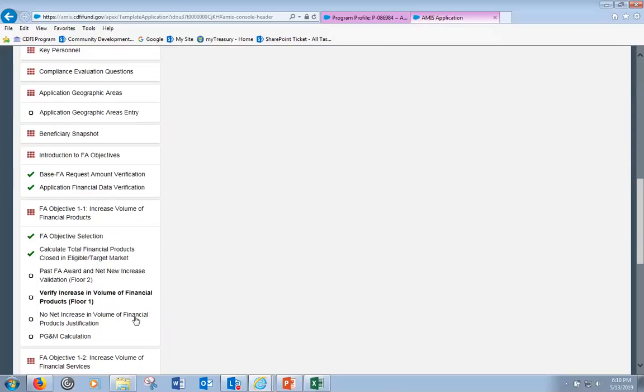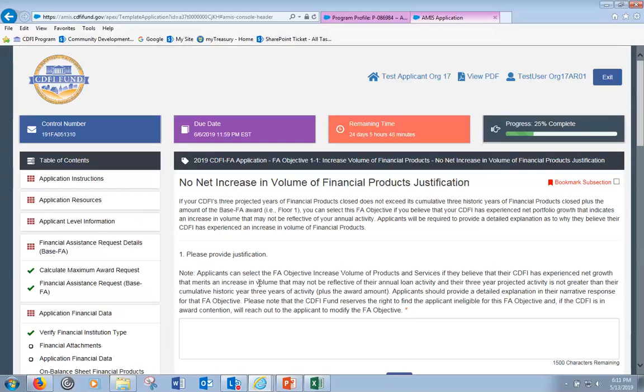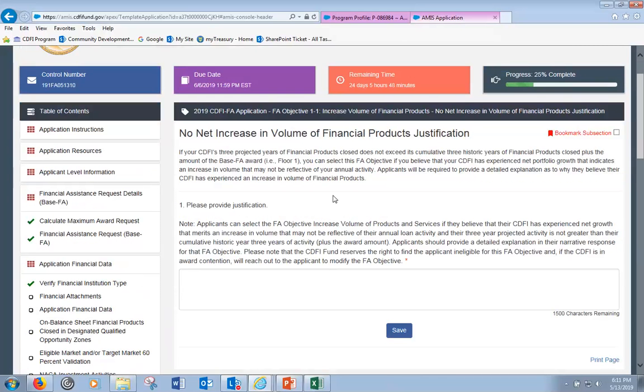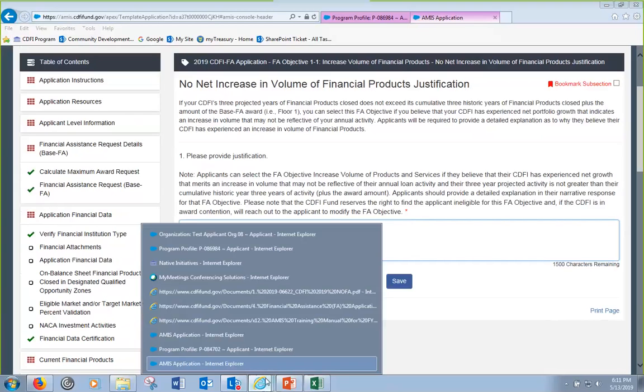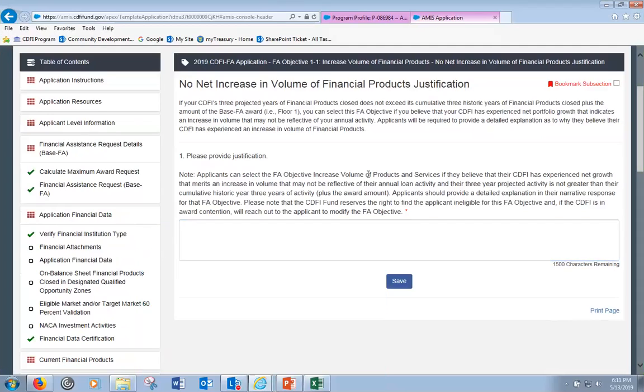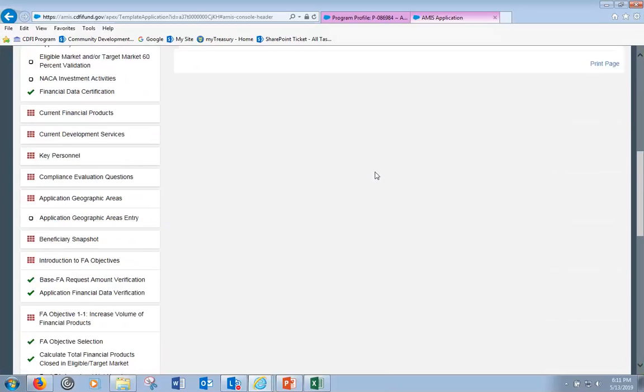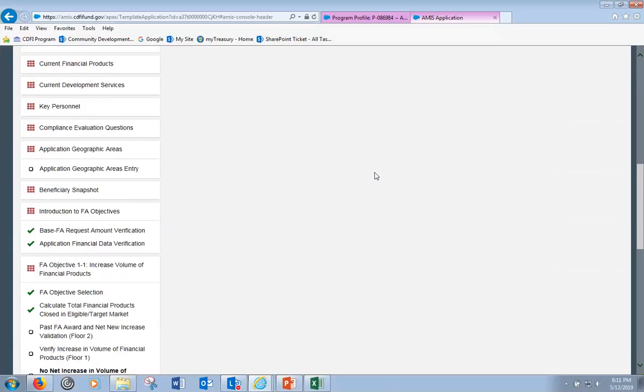I just get a new subsection that's going to ask me, if this is a negative number, why that's negative, and I'll have to explain the no net growth that merits an increase in the volume according to this sort of guidance text. All of that is explained in greater detail within the FA application guidance document, but it's really important that everyone